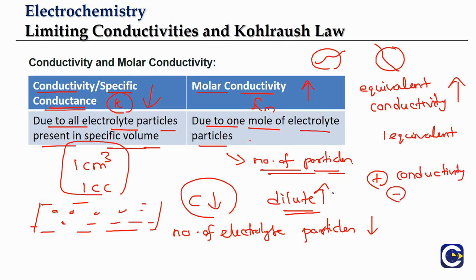If we dilute, more and more particles can dissociate. Already we have 1 mole, the fixed count is there. In that, a larger amount of particles will dissociate, and hence the conductivity will keep on increasing. And we'll see that it is not going to increase forever. It is going to increase only till all these 1 mole particles are dissociating. That's it, right? Because we have only 1 mole of particles in case of molar conductivity. In case of equivalent conductivity, we have 1 equivalent of particles, and it is going to increase till all the 1 equivalent of particles are dissociating.